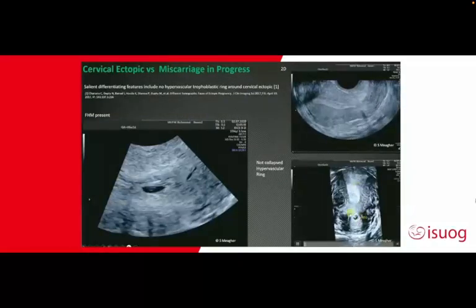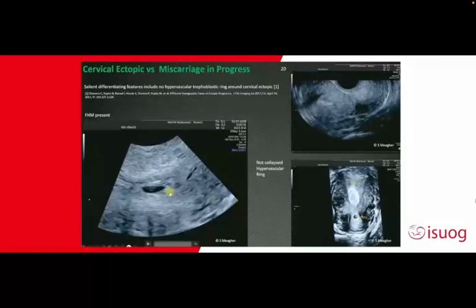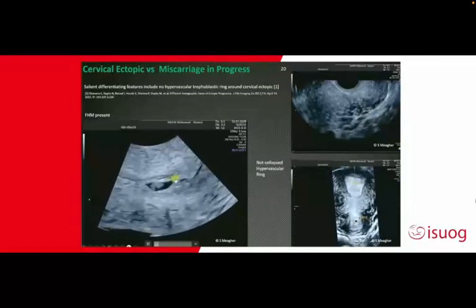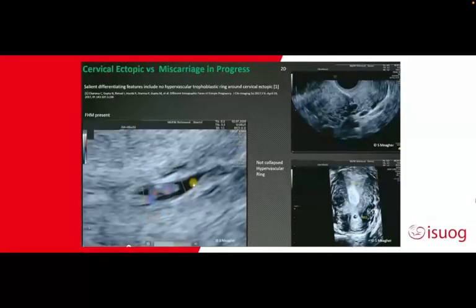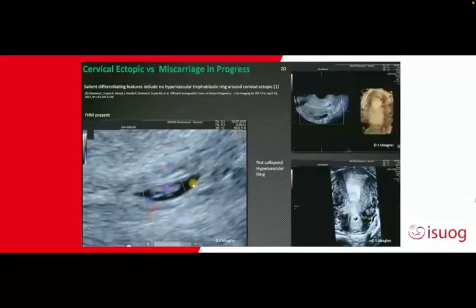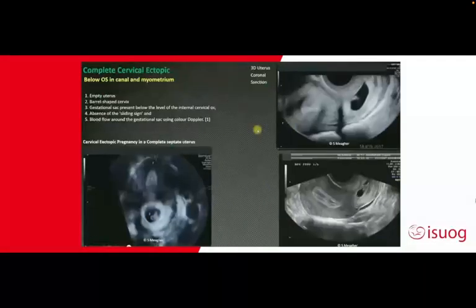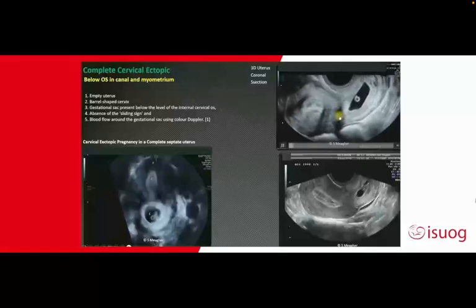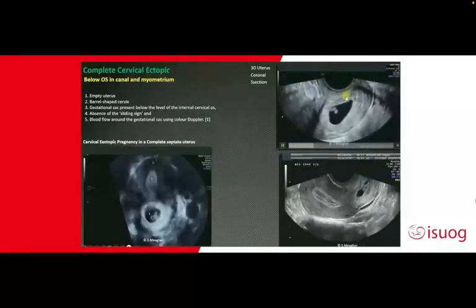And then you can see in a coronal image that spherical appearance of a pregnancy within the cervix. But really you need to push, and as you manually palpate, you see that this slides within the cervical canal. So there may be an embryo present and a heart motion present, but this is really a pregnancy miscarriage in progress. This is a much more sinister appearance of a mid-sagittal section through the cervix showing a gestation sac within